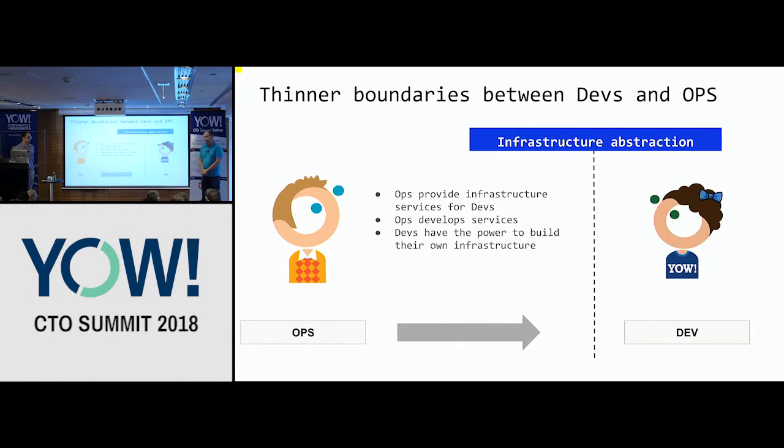And because of that, the ops are not only operators right now. They need to do some coding too. So it's infrastructure code, obviously, but it's still code. So because it's still code, they need to have automatic tests around that. They need to apply software craftsmanship procedures as developers do. Maybe post-commit review, code review, as we saw this morning, and so on. But they are still coding. So in a way, the ops become a bit dev.